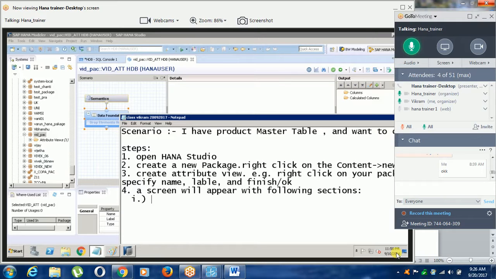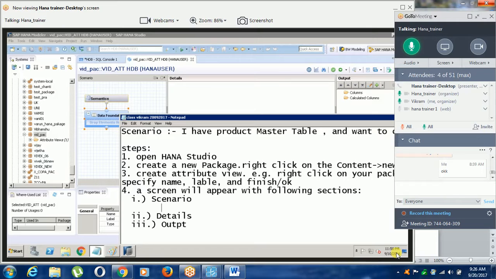Number one, the first section is called scenario. The second section is details. The third section is output.